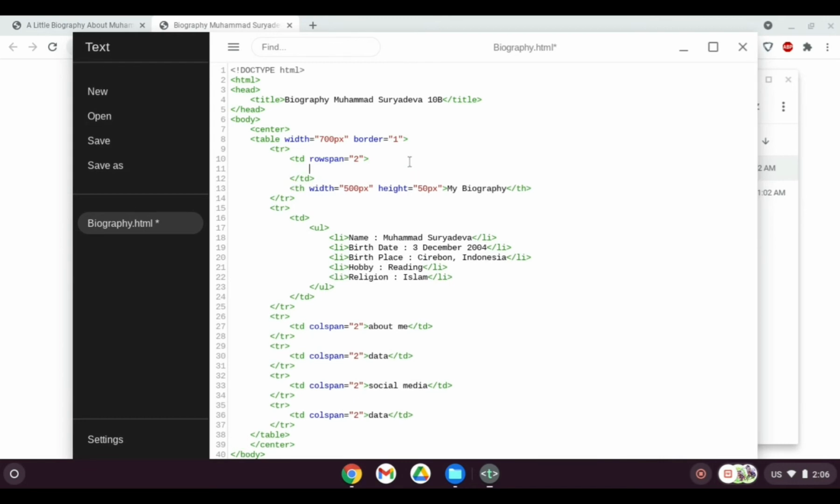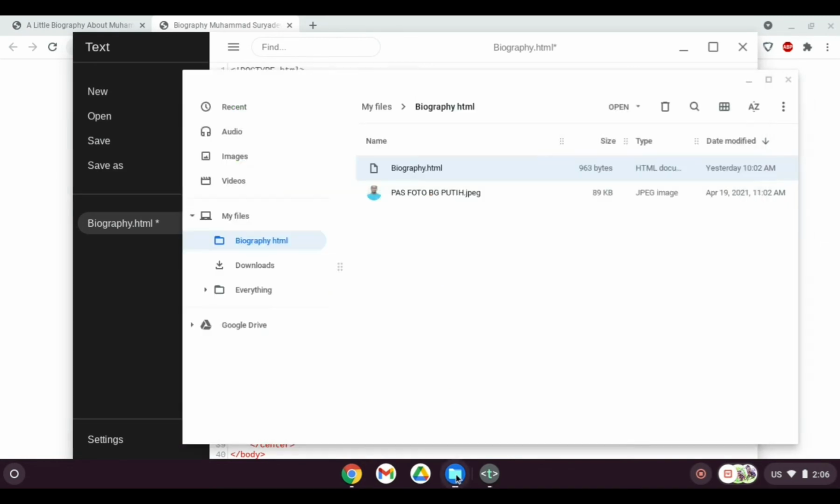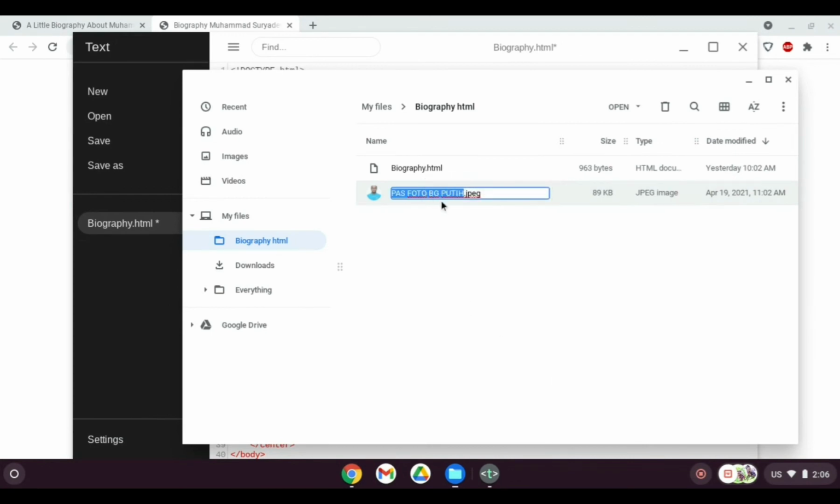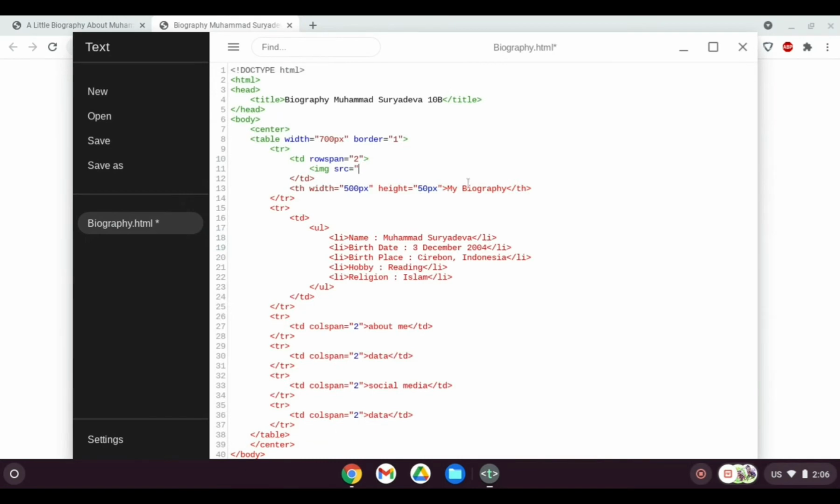To make a photo in an HTML file, you should do it like this. You put a tag like this, img, and then src equals to, and this should be the file name, .jpeg, like that.